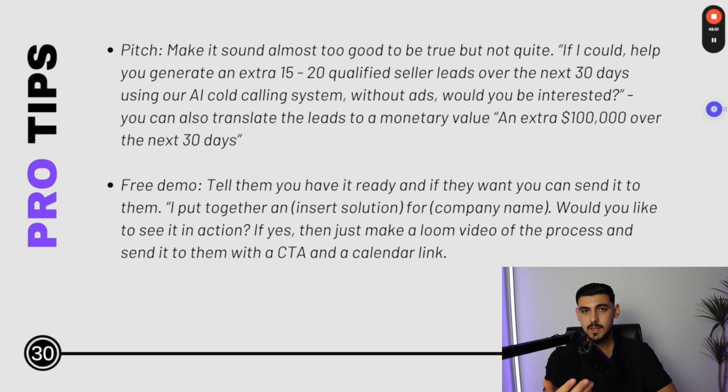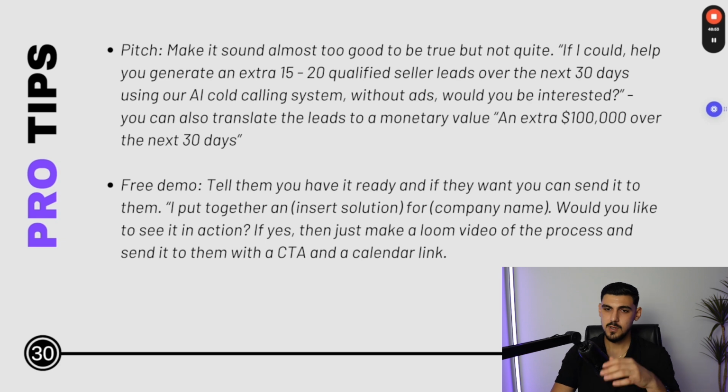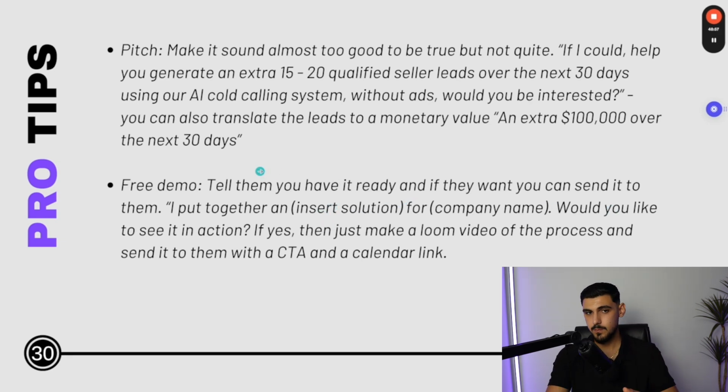They're only going to make it once they get a positive response. And if they want that, then you can send it to them. You can go ahead and build it and then send it to them. And the way you can phrase that is, I put together, then you insert your solution, an AI chatbot for company name. Would you like to see it in action? If yes, and just make a Loom video in the process, send it to them